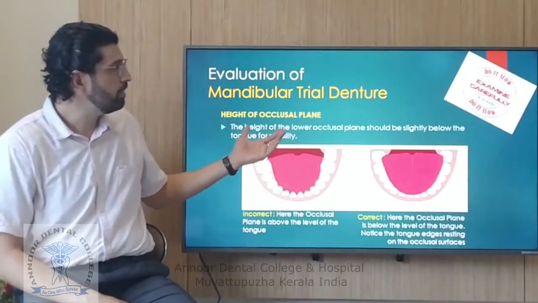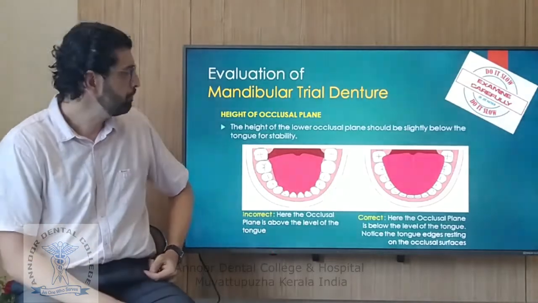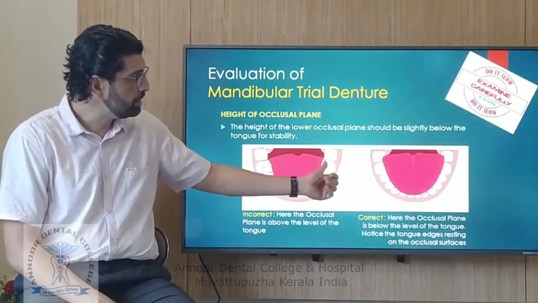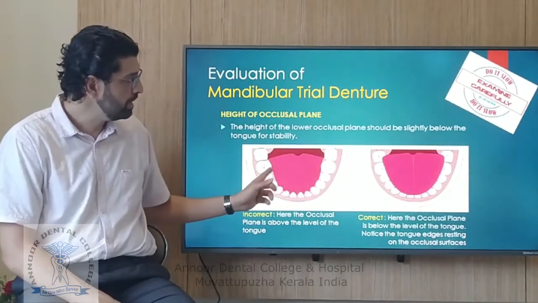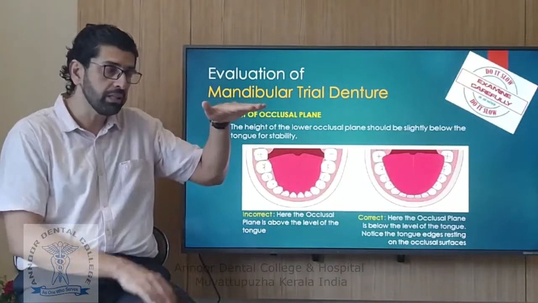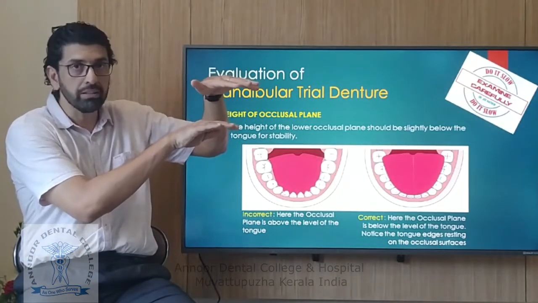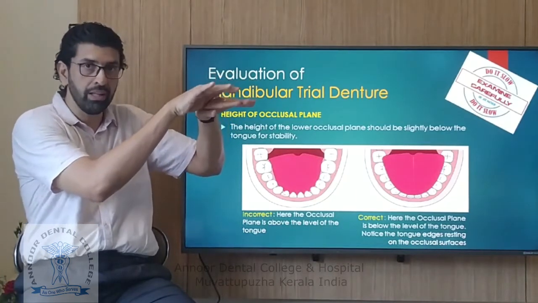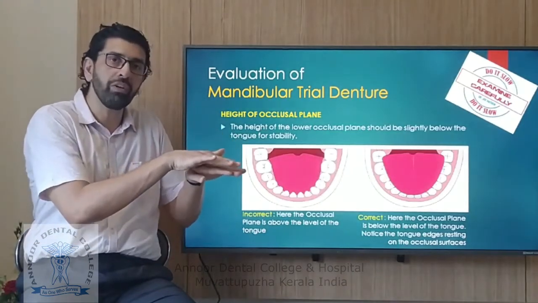Right, here again, the height of the occlusal plane. This is also very important at this stage. As you can see here, you can see the occlusal aspect of the teeth, the buccal as well as the lingual aspects, which means that the plane of the teeth is higher than the tongue. The tongue is here, the plane of the teeth is higher. What you really want is you want the tongue to be over the teeth. At least the posterior border of the tongue needs to be over the teeth,